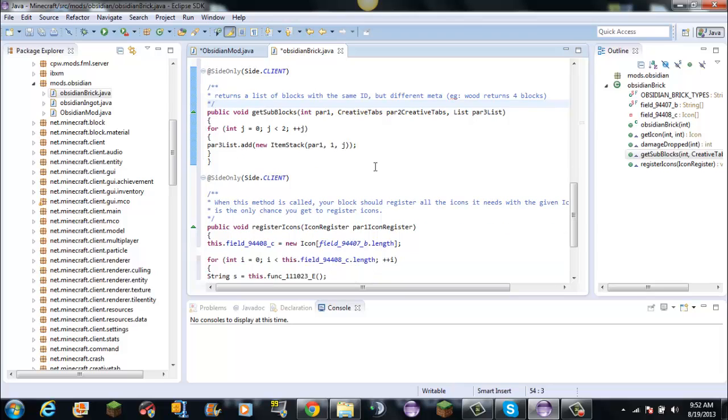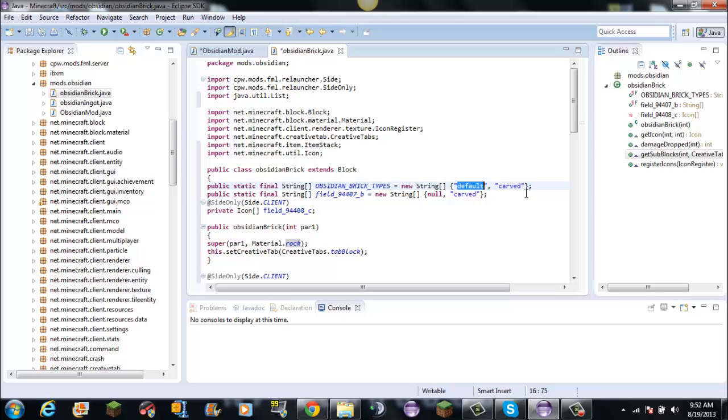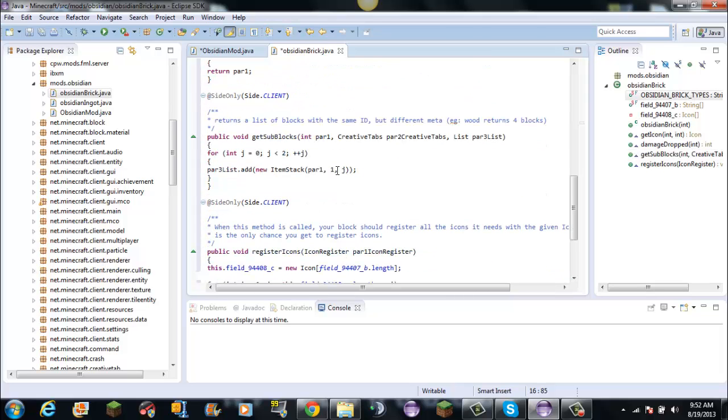Okay, so here, I don't know what that's saying, to be honest, but this is where you tell it how many different blocks we are creating, and because we are putting in 2, default and carved, we put a 2 here. Now we can change this to 4, we can change it to 8, we can change it up to 16. That's the max. But for this tutorial it will be 2